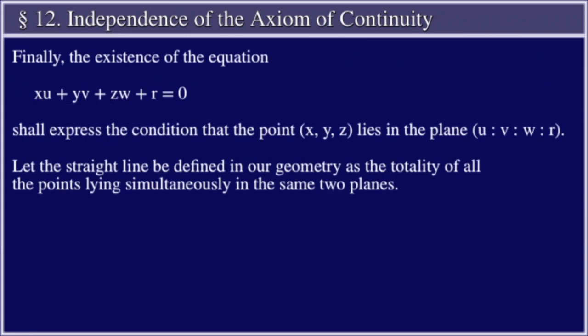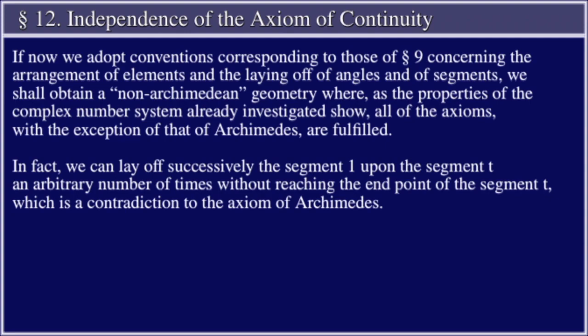Finally, the existence of the equation xu + yv + zw + r = 0 shall express the condition that the point (x, y, z) lies in the plane (u, v, w, r). Let the straight line be defined in our geometry as the totality of all points lying simultaneously in the same two planes. If we now adopt conventions